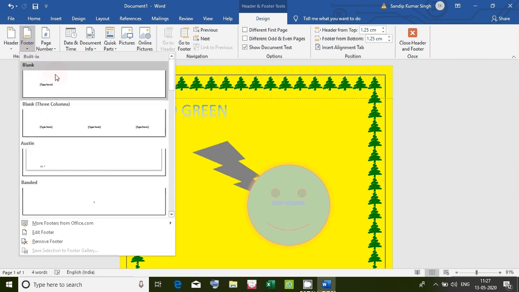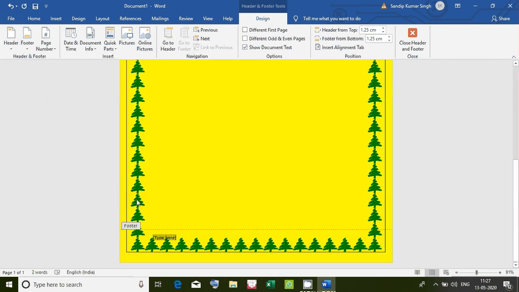Footer, you can choose any type of footer. Suppose I choose the first footer. Here I write computer. Even footer you can see in your book. When you open your book, at the end of every page there is some common text written that is on every page, Computer Studies. So that is the footer. So this is how we can add header and footer.